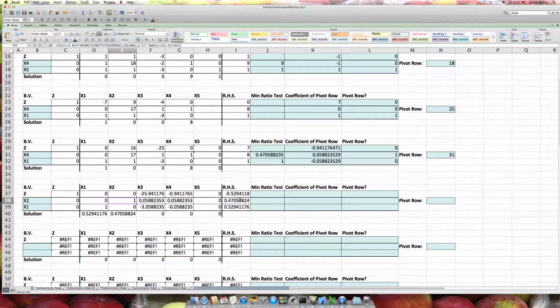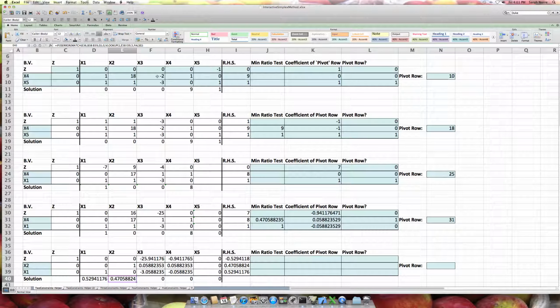Now I can look at my reduced costs. Am I optimal? I'm in a minimization problem. I look for positive reduced costs. I see that I have 0 positive reduced costs. Therefore, I am optimal. So my optimal solution is x1 equal to 0.53 and x2 equal to 0.47 with the rest equal to 0. So that is a way to have it where you start and solve it with simplex